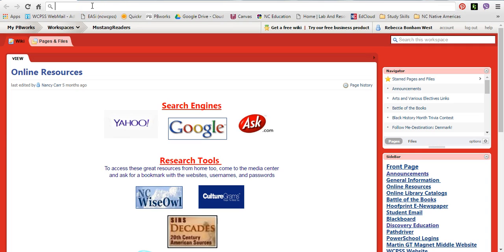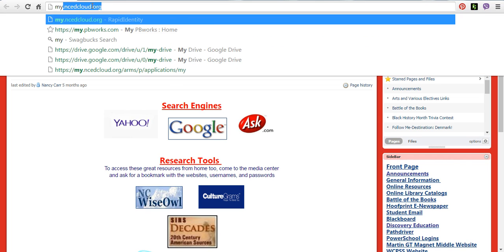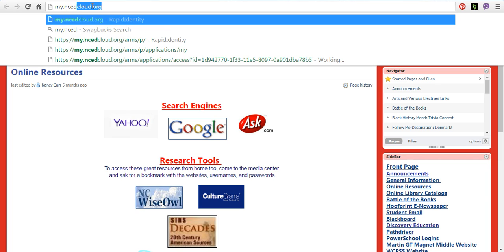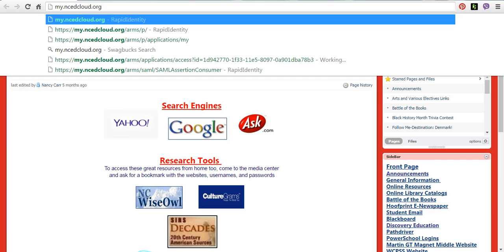Everyone, this tutorial is designed to show you how to create a quick standards referenced test using the SchoolNet feature of Homebase. To get to SchoolNet, you have to go into My NC EdCloud. EdCloud is where Canvas used to be hosted. Remember, to get to EdCloud, you have to type in